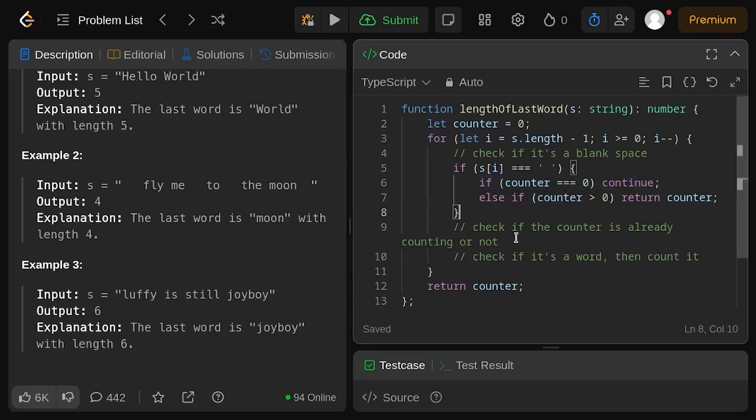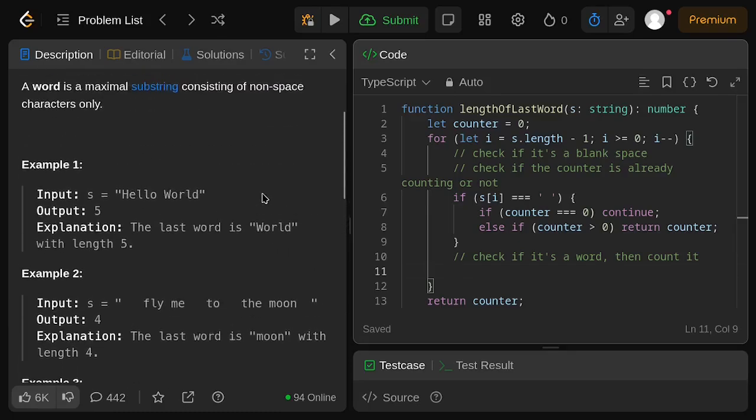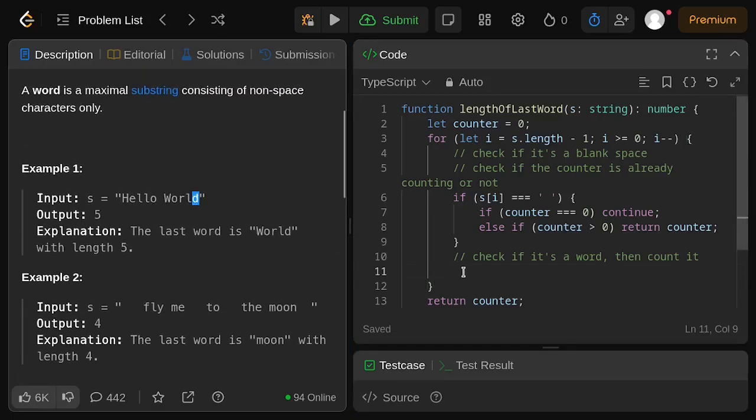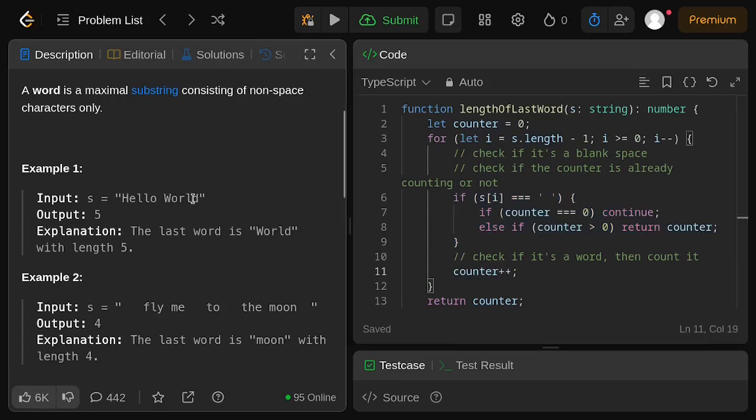And then for the last one, let me move this part. If it is not a blank space, we can check if it's a word, then count it. Since the blank space is already covered by the strictly equal sign right here, then of course we can simply use the counter plus plus, and then continue to the next iteration of the word counter. Let's run this to see if it works,